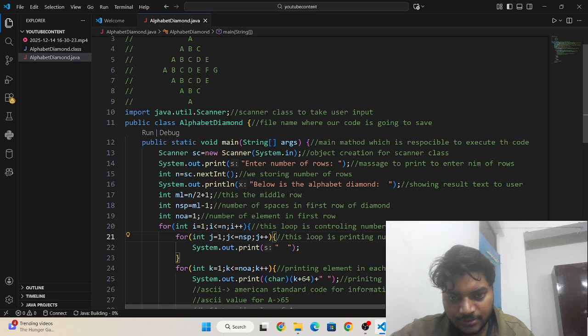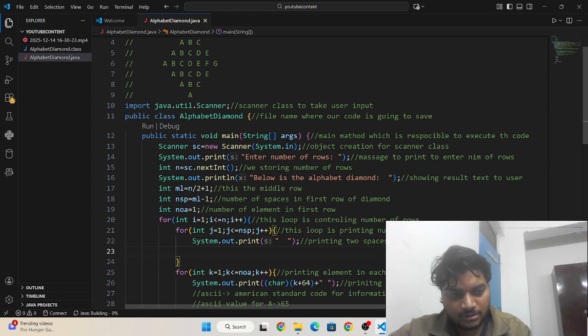Okay, we are printing two spaces here: one for making alignment, and second to shift the alphabet to the right.